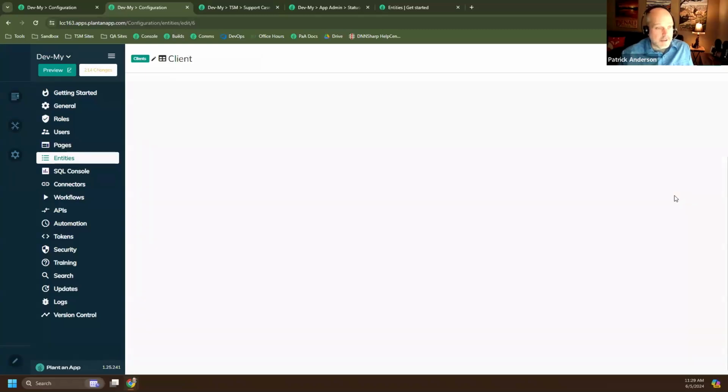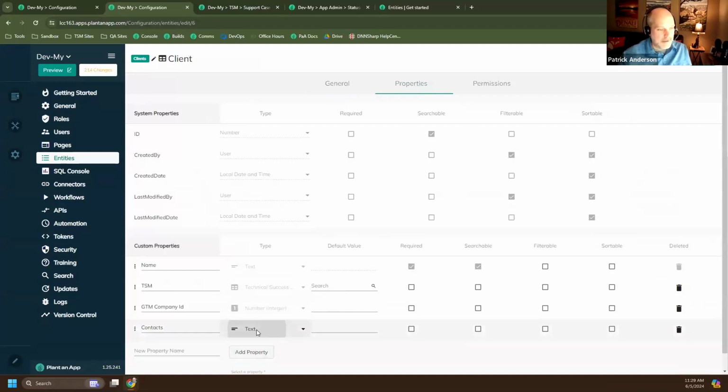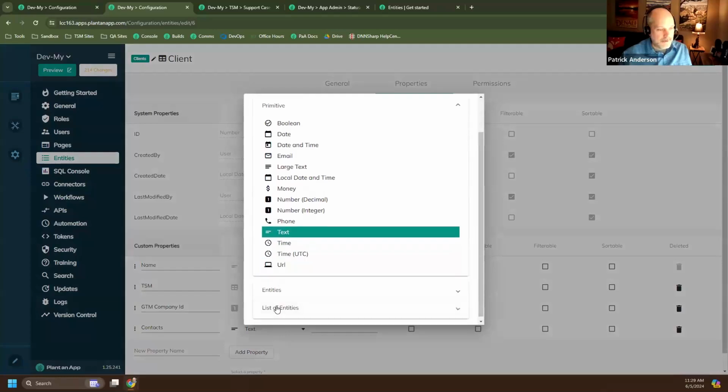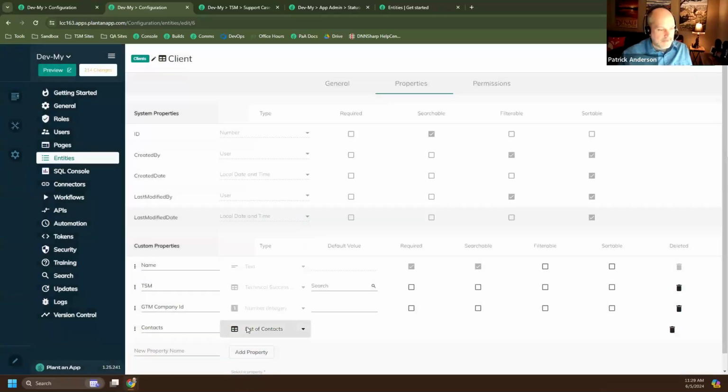Sometimes people have the inclination to go in here and edit this, go to properties and say that I want to have contacts for my client and then say that I want to do a list of contacts. But what this does is really unnecessarily creates a join table that we don't necessarily need,